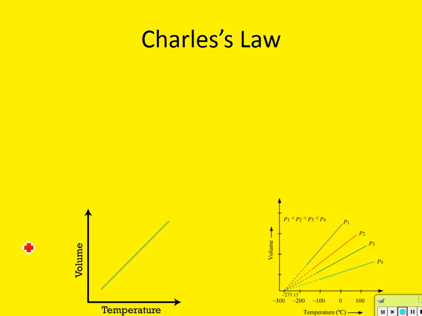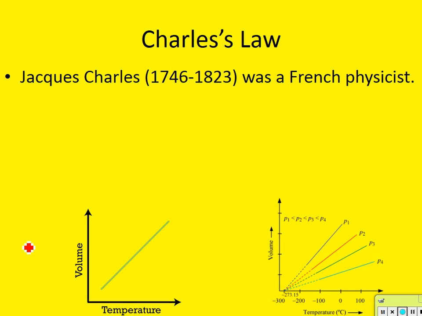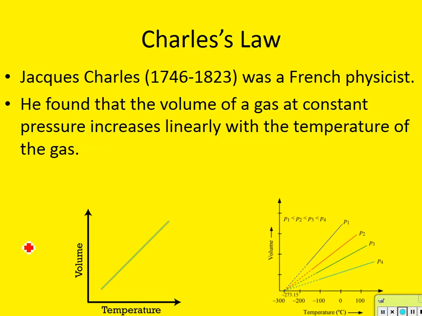But let's get started. So Charles was a French physicist. He lived from 1746 until 1823. And so what did he do? He found that the volume of a gas at constant pressure increased in a linear manner with temperature of the gas. So, in other words,